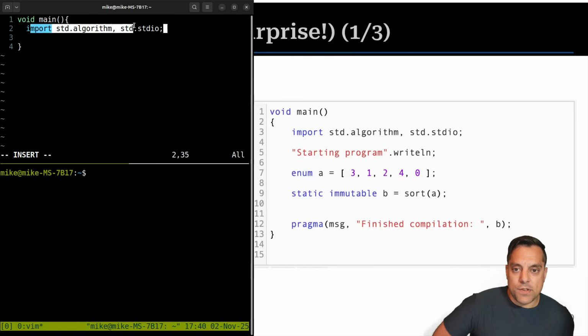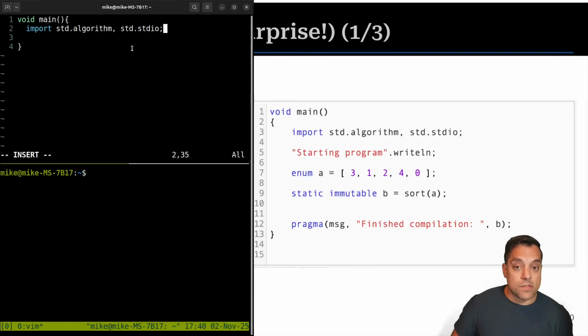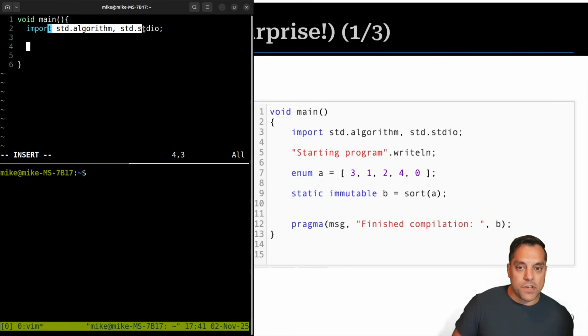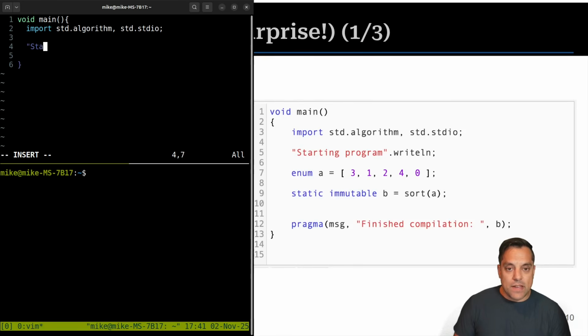Well, again, what's also interesting is I see these imports here. They're within this scope here. So I can have these imports scoped locally. That's kind of a nice thing for refactoring. If you're more comfortable and want to put them above here, you can. I'm going to leave them local just because it's something new. And then, you know, if I refactor this main function, I can just manage the imports here, which is kind of nice here. Now let's go ahead and do this next line here, starting program dot write line.